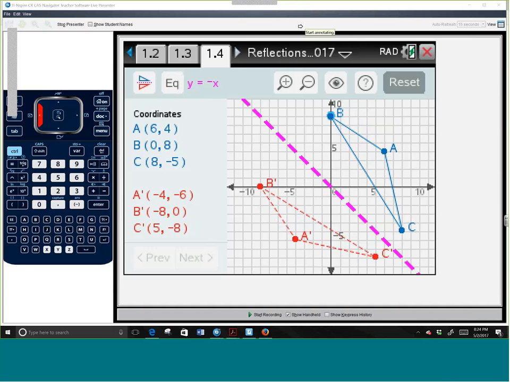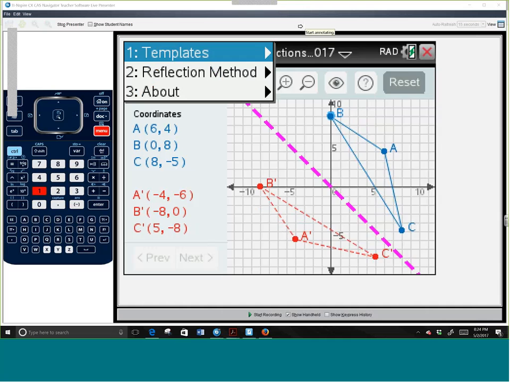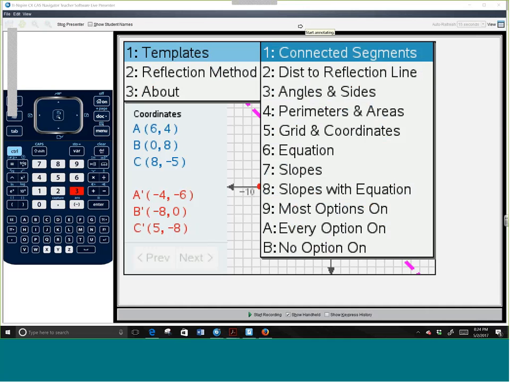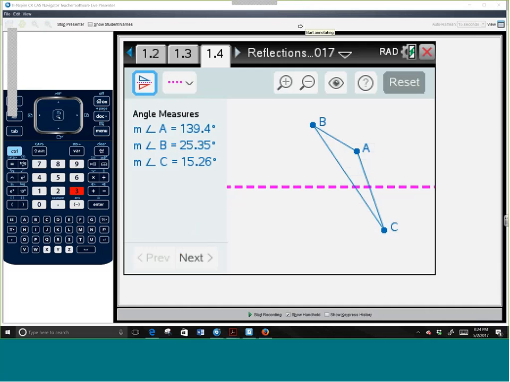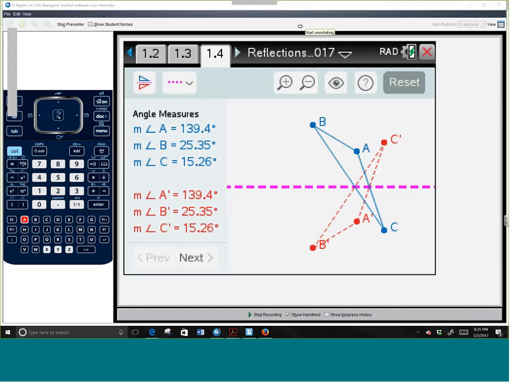All right, another thing we want to talk about is that students might start talking about the angle measures and so on. So I'm going to go back to menu and go to number 1 and look at angles and sides, the number 3. And this is, again, without a grid, though I could put a grid in if I wanted to. But I'm going to reflect about that line. And you can see it measures the angles immediately for us. Again, one triangle doesn't make a conjecture, that's for sure. But as I go along here, it definitely looks like